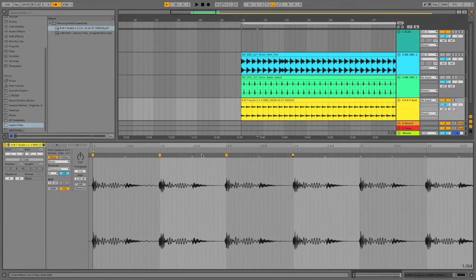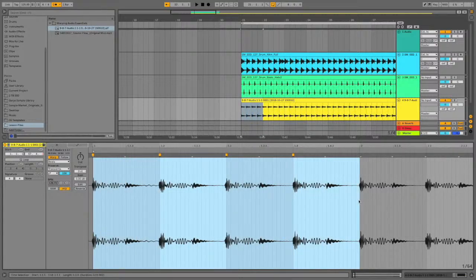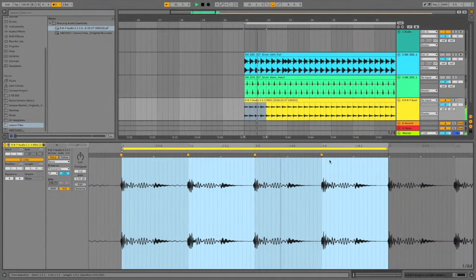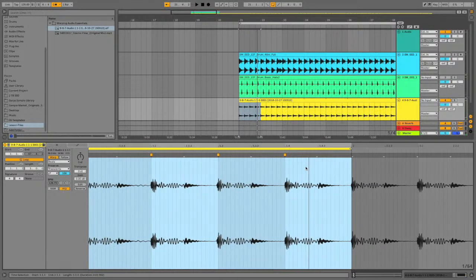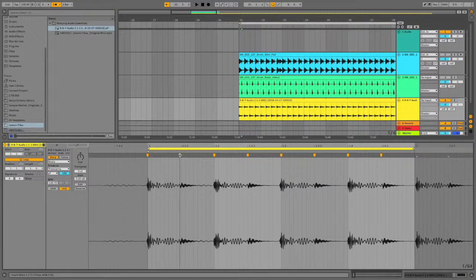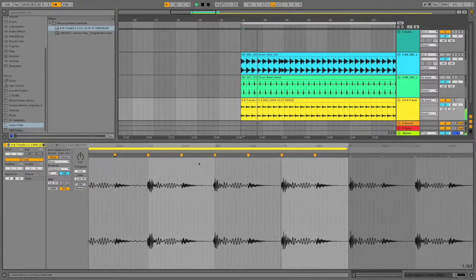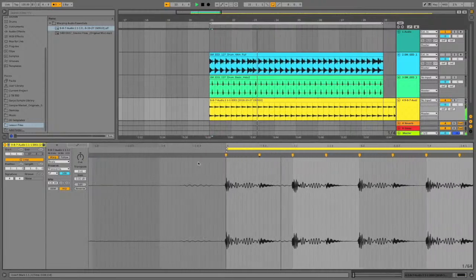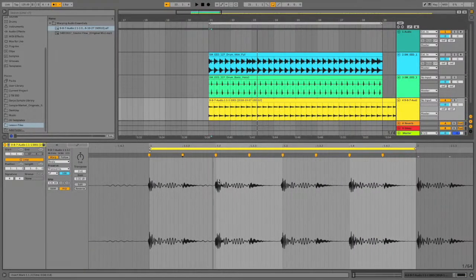You can move them around to try and get it right. Let's just make a little 2-bar loop of this to demonstrate. I'll hit Command L on there. So you can see that sounding a bit better. But again, some of these hats you could go in and really tighten up by getting these in time. Now this is probably more useful when you're using vinyl recordings, just to get it in time. If you want to take a section out of a vinyl track to use as a sample, you could go through and do it that way, because you probably wouldn't want to use the whole track. It could be a 1-bar loop, it could be a 2, 4,